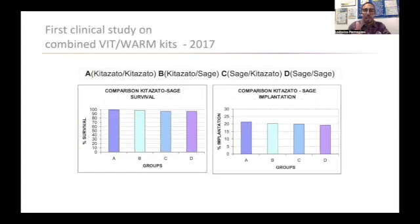This was the first study, published in 2017, in which we compared blastocysts. This was a very strict, prospective randomized register study, in which we vitrified the blastocysts with Chitozato and then warmed with Sage, or warmed with Chitozato, or vitrified with Sage and warmed with Chitozato, or vitrified with Sage and warmed with Sage. So 4 groups, different combinations of the ready-to-use kits available on the market, and look, survival rate